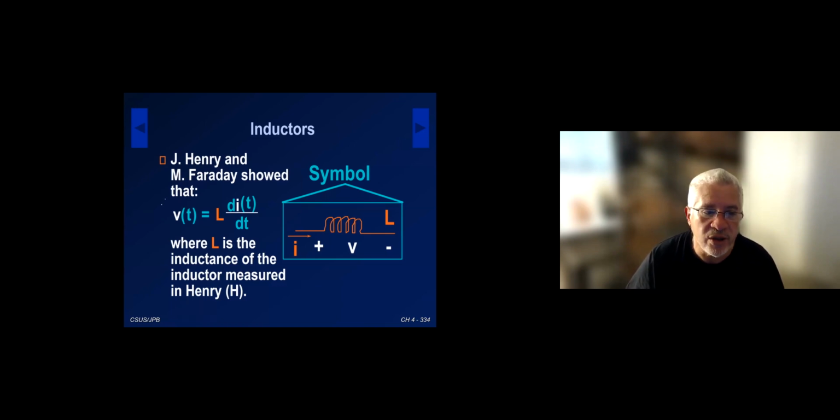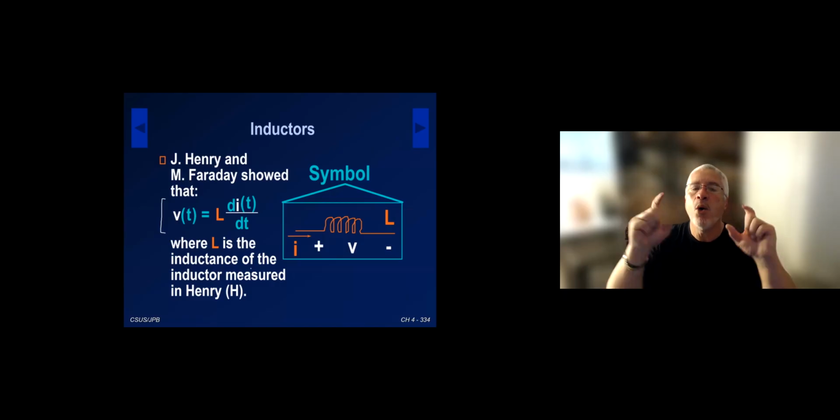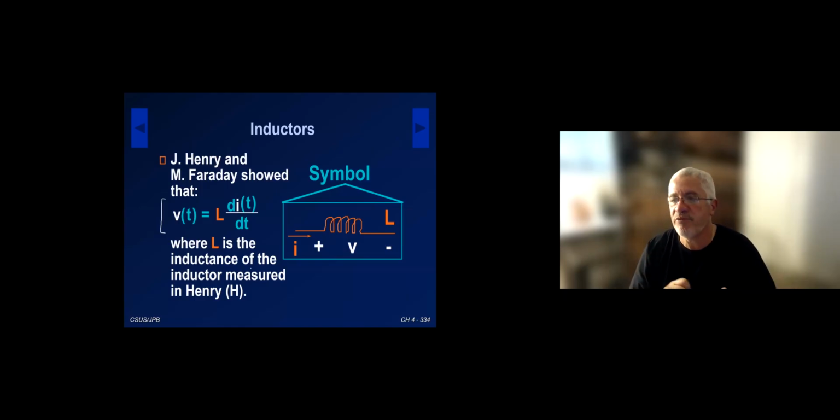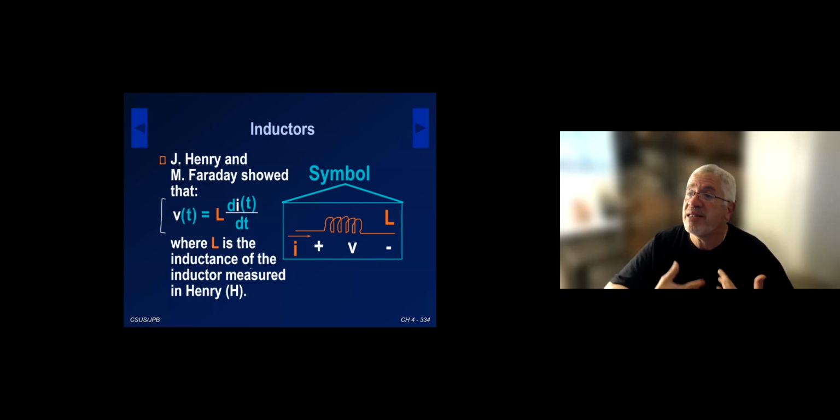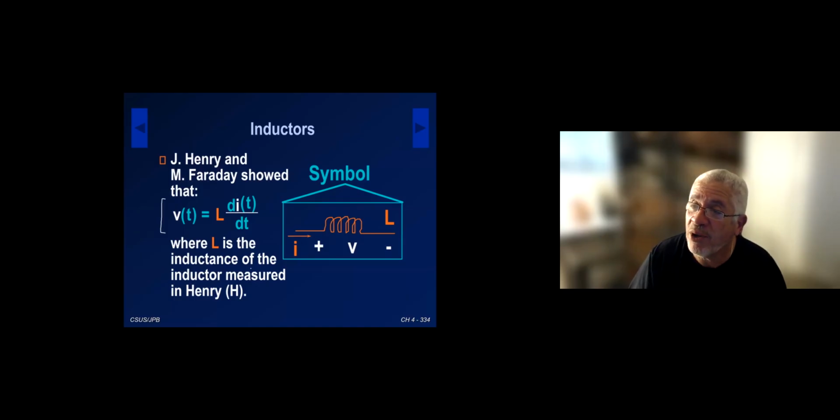This obviously is a super important formula. It tells you the relationship between voltage and current following the passive sign convention. When the current is entering, again, I'm going to underline, when the current is entering the positive terminal of the voltage, then the voltage is equal to the inductance, which is a physical characteristic of the inductor, times the time derivative of the current. Okay, so therein lies where we're going to go over the next 3 weeks plus